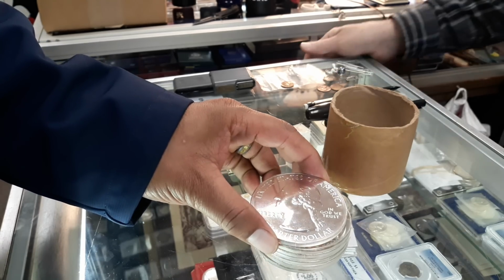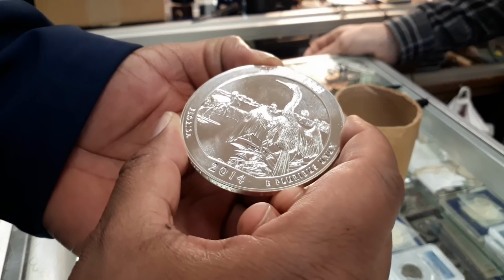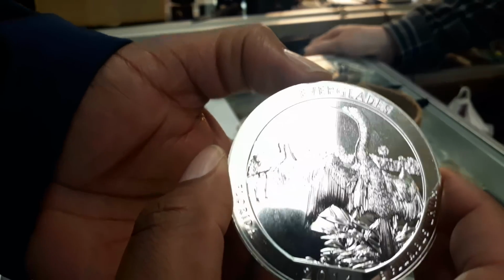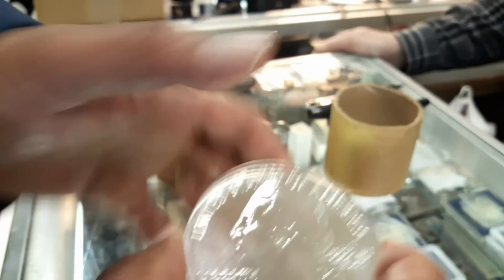So these are the Florida ones. I think Everglades? Those are the Everglades, yes. Okay, so I know that in 2014, do you know anything? Are these a little bit more collectible, or are these just the normal ones? Because I know Hawaiian volcanoes, those are pretty sought after. And partly the reason for that,